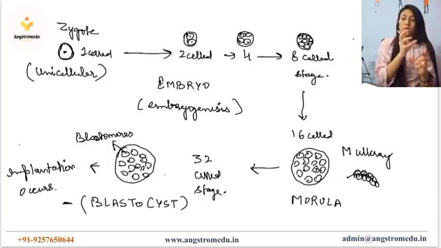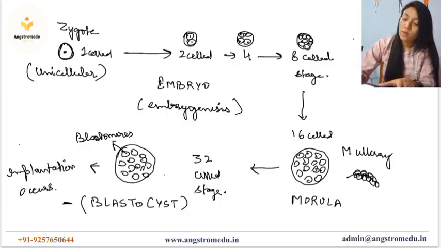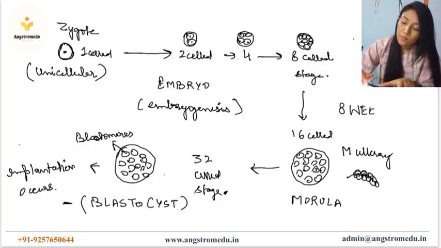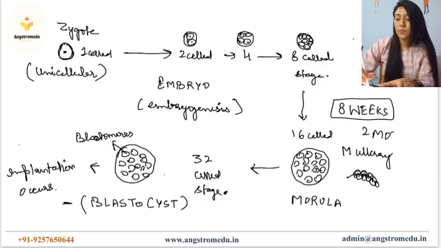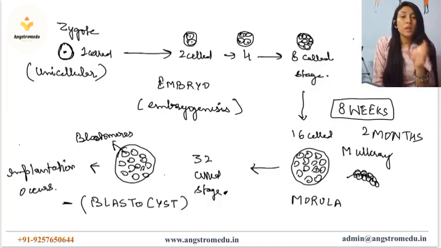this whole process of division of zygote and forming 32 cell stage, this whole embryonic stage is a lengthy process which takes about 8 weeks. So this whole process takes time, 8 weeks, which is roughly 2 months. So for first 8 weeks or first 2 months of pregnancy, the developing embryo is known